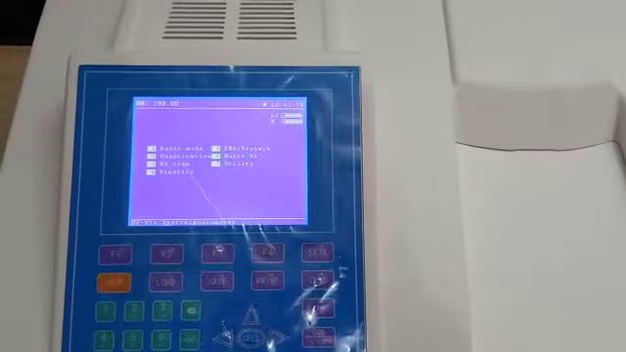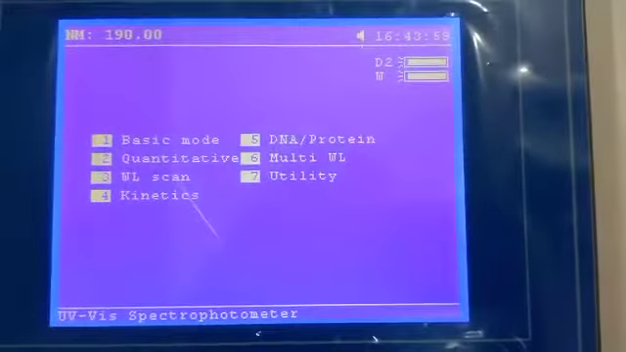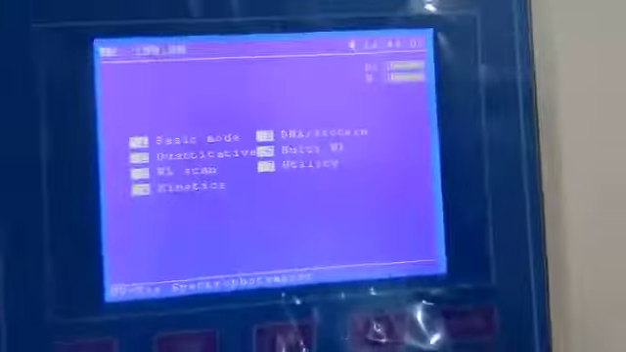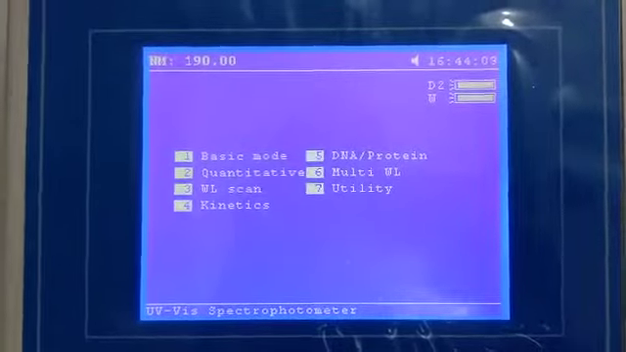This is our double beam spectrophotometer. You can see the main menu of the instrument. This is the compartment area. In basic mode,